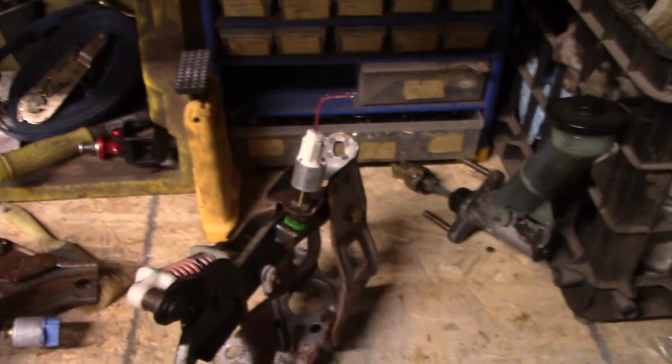So here we have the clutch. It came out as one full unit. Some people might call this a purse, but I call it a clutch. That's just a...